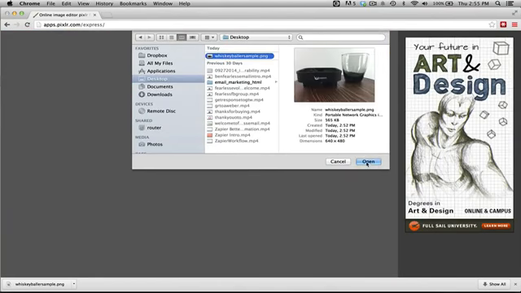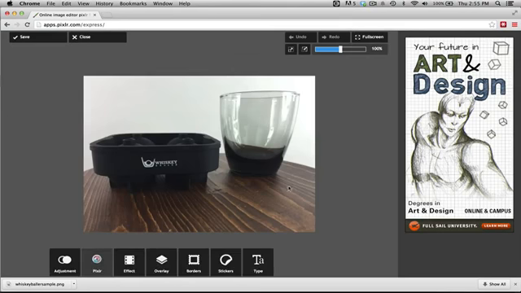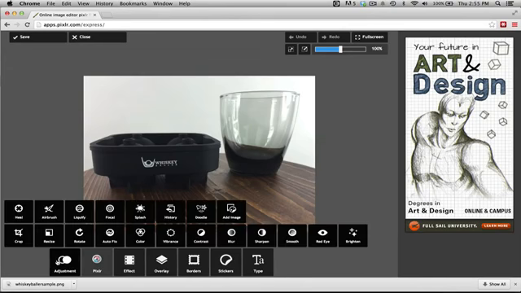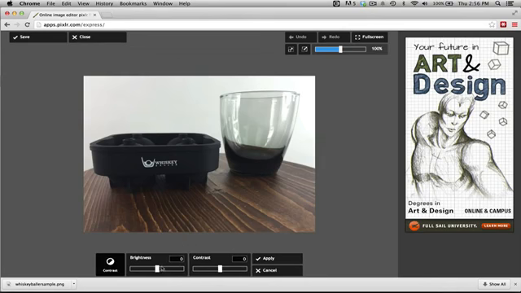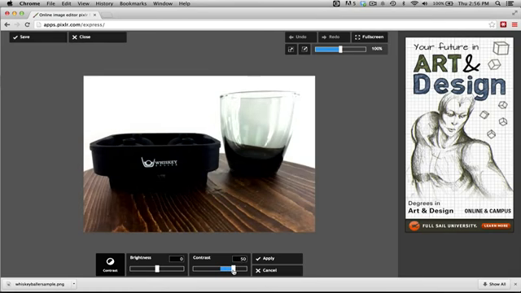Okay, so you can see it's not bad, but it doesn't look as great as we would like it to. It still looks like a real-life photo. So let's go in and change things. We're going to click on Adjustments, and go over to the Contrast feature right away. We're going to take that up quite a bit, and you can see immediately a huge difference just with taking the